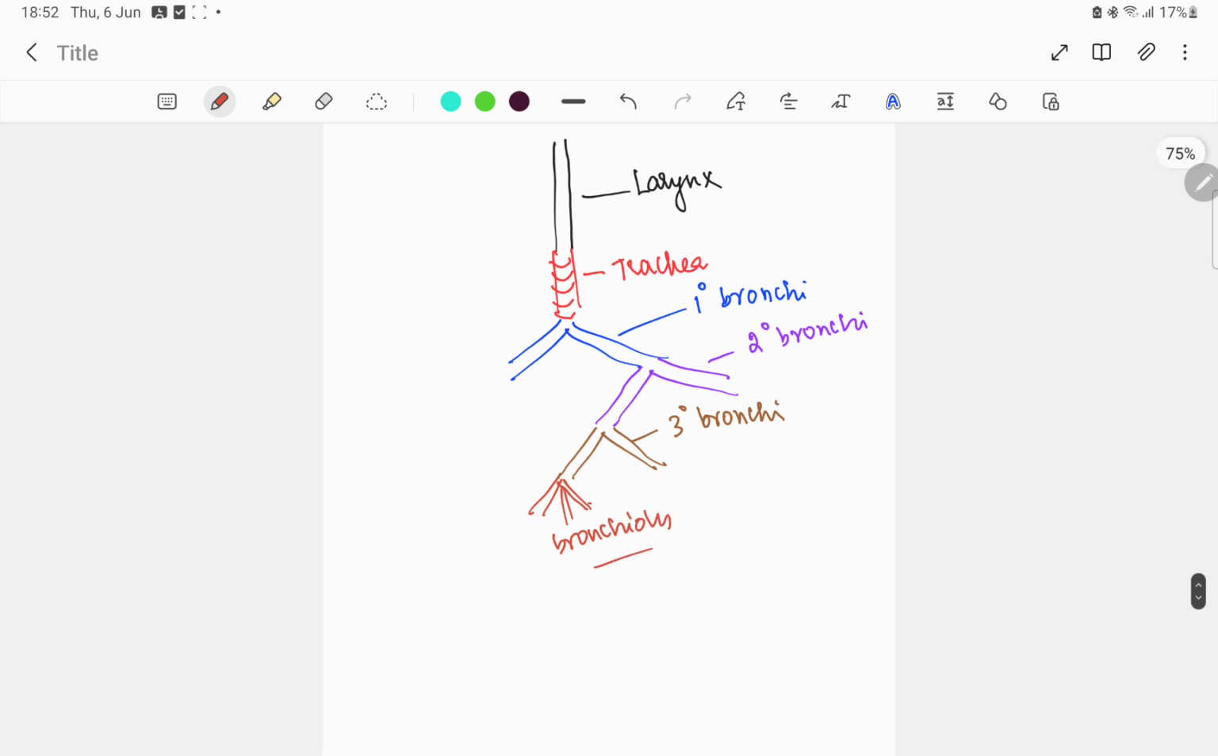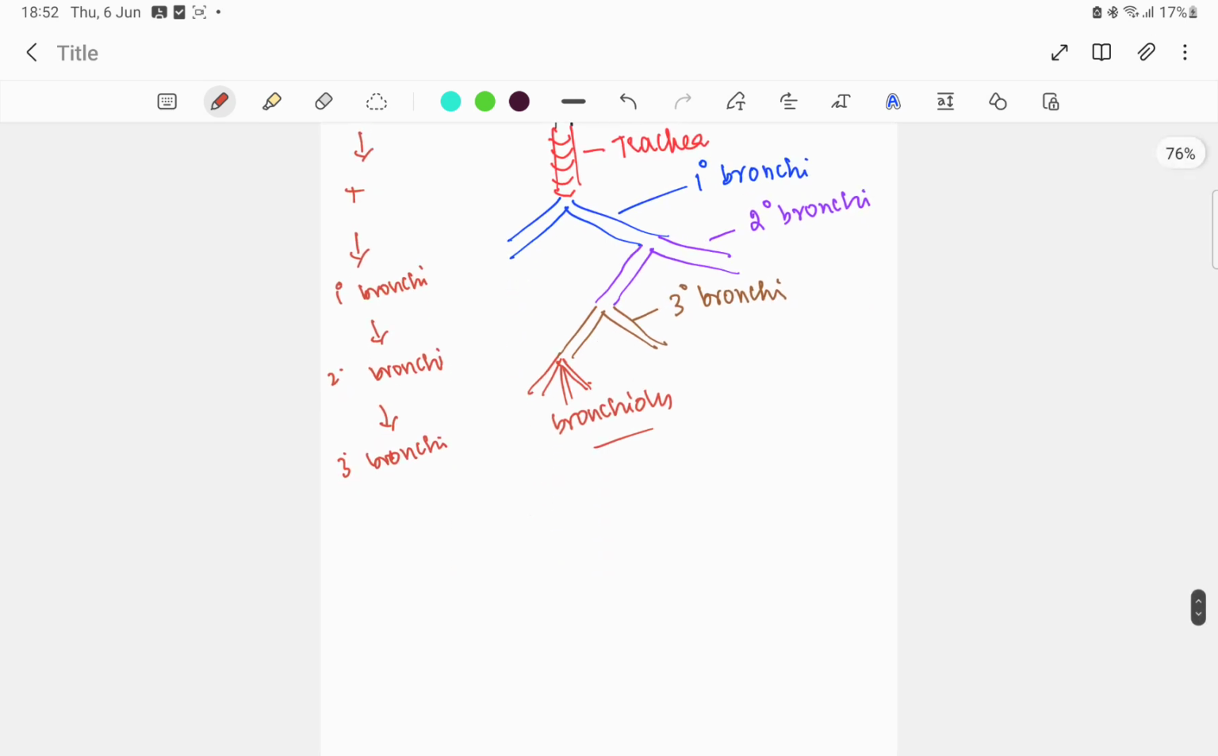Now we will trace the pathway. Larynx will be there, followed by trachea, then primary bronchi, then secondary bronchi, then tertiary bronchi, then terminal bronchiole. These are very important. Terminal bronchioles,